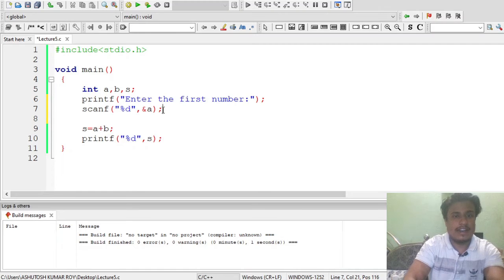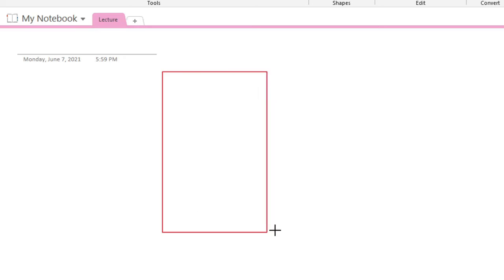If you are not getting it, let me give you an analogy. What does the scanf code do here? Let me show you. Suppose this is our RAM.